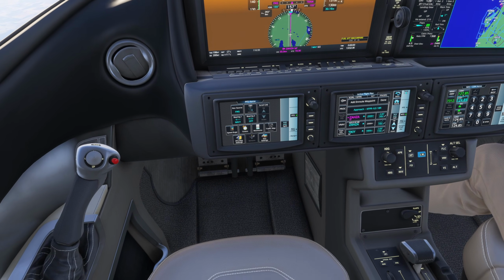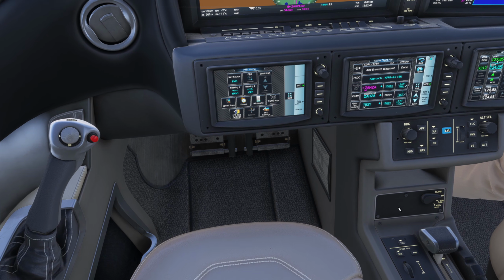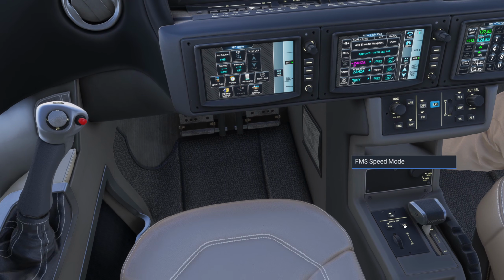But remember, those speeds only apply if you have the FMS button selected in the autothrust, so the plane will not go over those speeds. And the same at these waypoints, the plane will not go over these speeds that we've manually set here if the autothrottle is in the FMS mode. Right now we have it in manual. I could go ahead and press it to FMS,